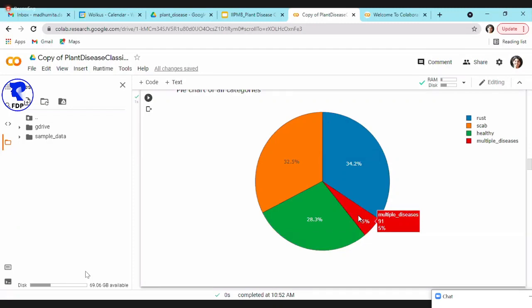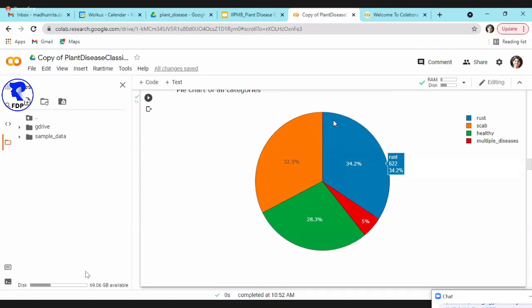That makes sense because all these diseases have a different time and season, and it's sometimes very difficult to capture multiple diseases on a leaf. For the sake of this tutorial, I will use the entire data.